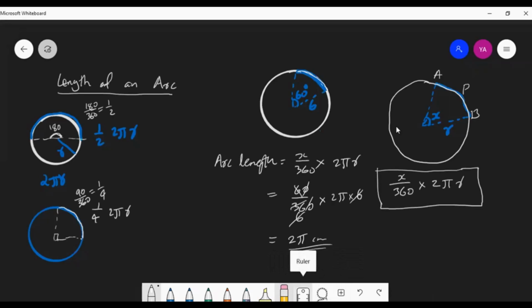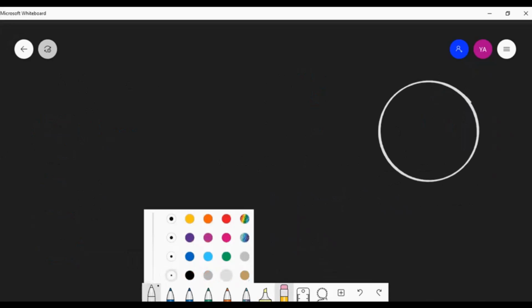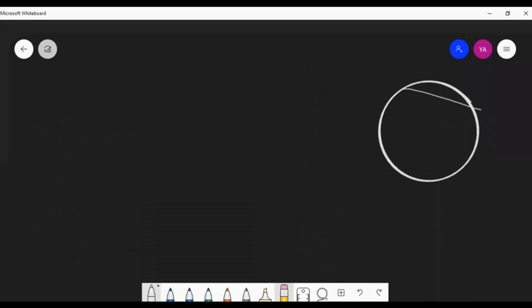And the next one is the segment. For the segment, we want to use the subtraction method. So I shall draw one picture here. Look here, I have drawn one segment. We want to find the area of this segment. So how is it possible to find the area? Using some idea of subtraction. In many geometry figures, we can use the subtraction method to find the area. So we will see this in the last part of this chapter.